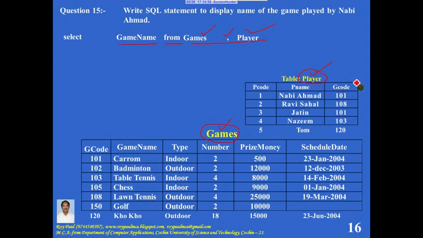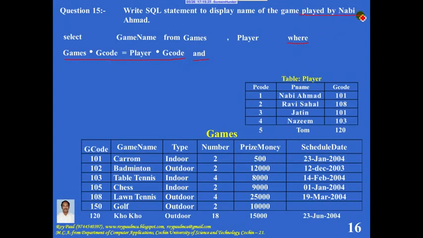One condition is these values must be taken from the primary key of the master table. That is, games.gcode should be equal to player.gcode. So condition is there, hence you can use the keyword where followed by games.gcode equal to player.gcode